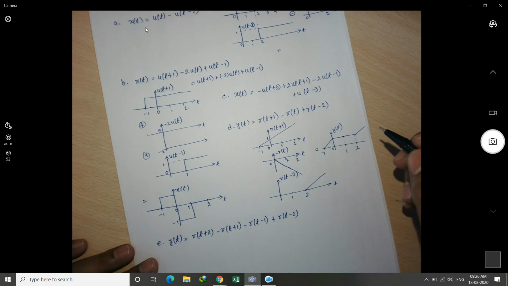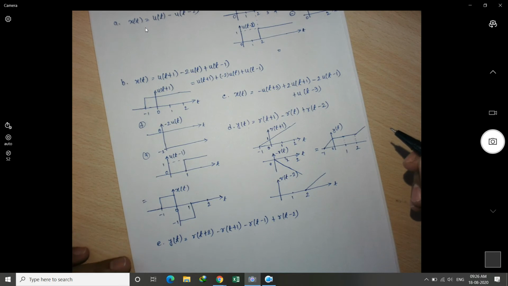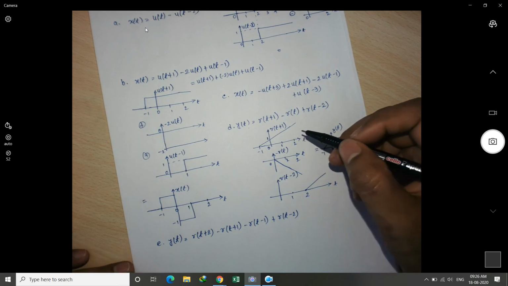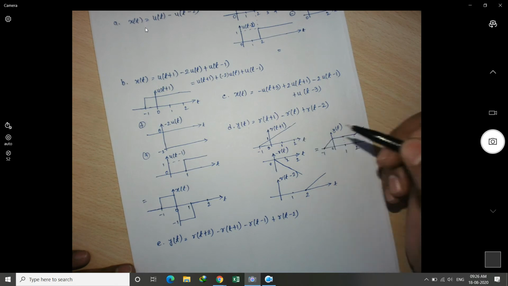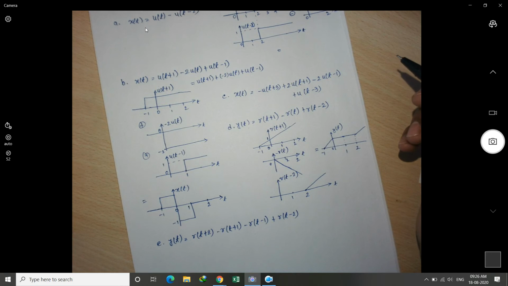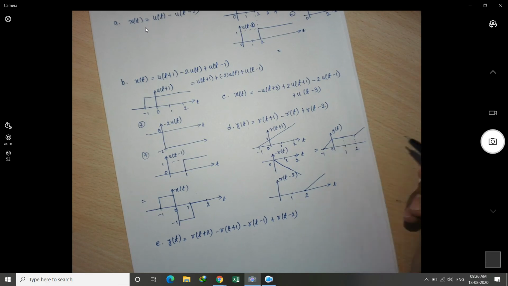The first one was a positive slope and the second graph was a negative slope. But the values were different because the first graph was starting from -1 and the second was starting from 0. So how do you figure out that it will be the constant slope at 1? The superposition of the first, second and third became the third graph, which is of constant slope. So I am not able to understand how it became the constant slope. Where? This 0 to 2.